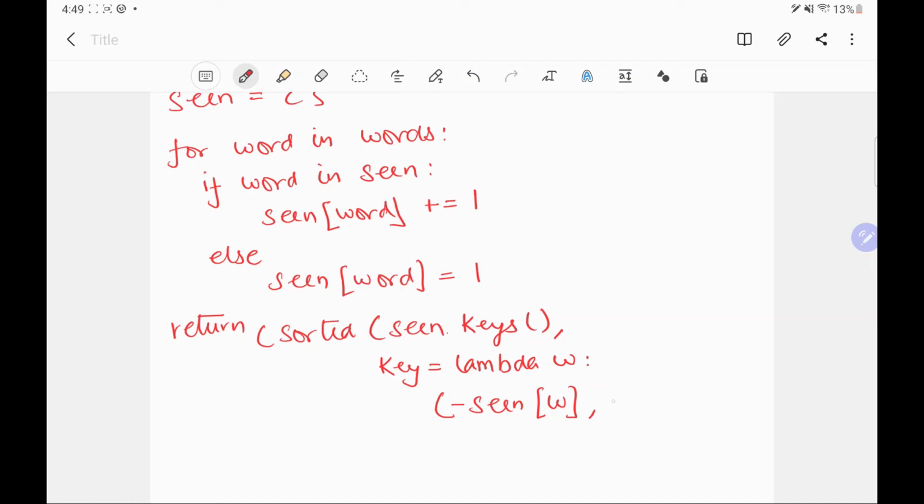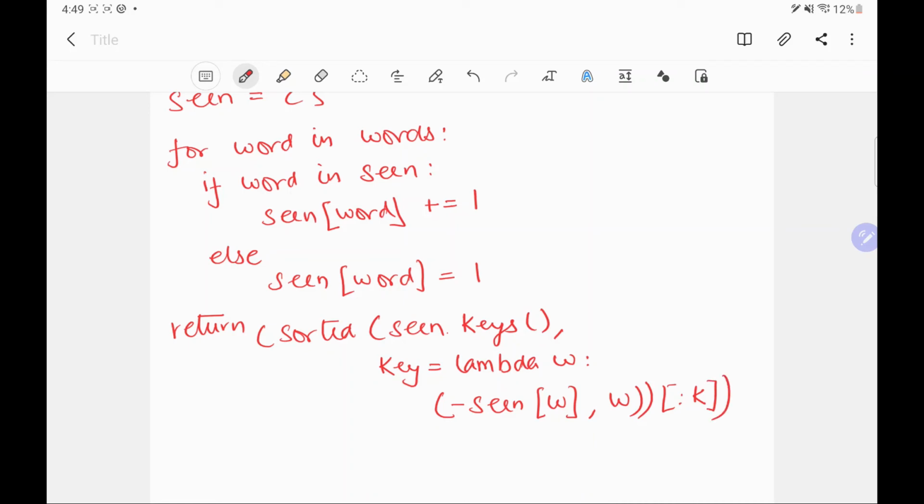Secondly, we sort them by actual word order. Then we return the top K words.